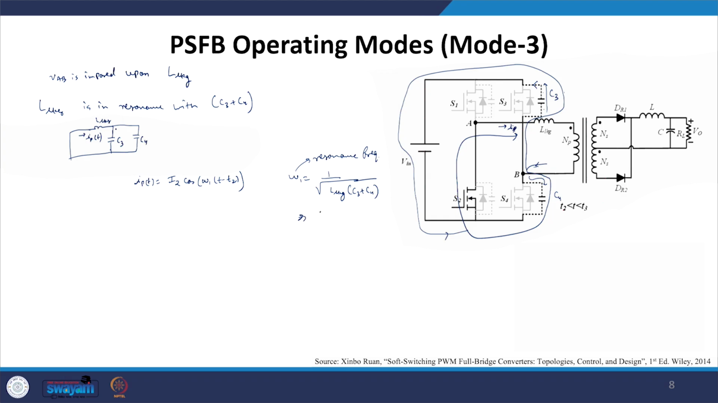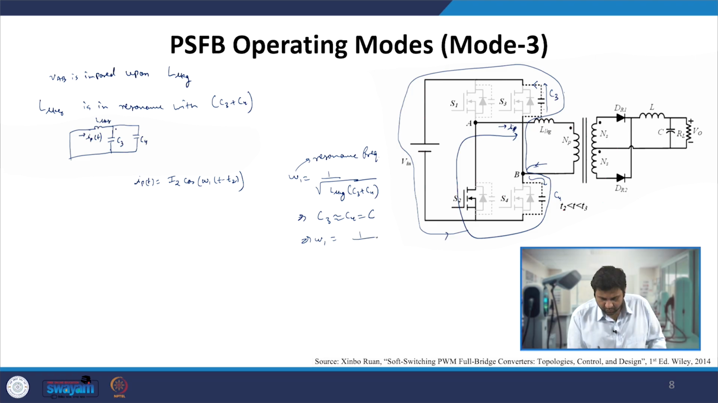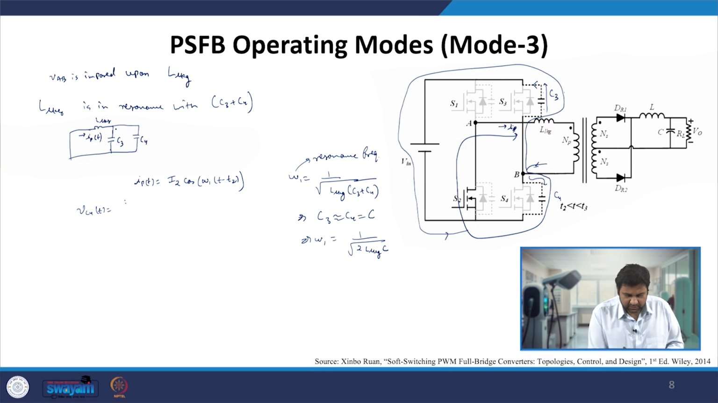and so here we can say C3 is nearly equal to C4, we can just write C, and that's when we can write my omega 1 to be equal to 1 by square root of 2 L leakage into C. And then if you look very carefully at this IP we got, we can write VC4 of t to be, since this IP current is charging two capacitances, 1 by 2C, both C3 and C4, integration of my IP current which is going into it times dt, which will give me 1 by 2C